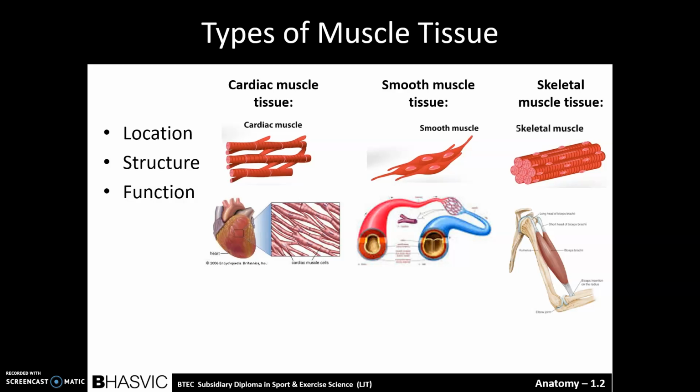So with the smooth muscle tissue, they vasodilate to reduce the amount of blood flow going to that area. So if it's not being used during sport, then there's less of a demand for blood in that area. So the arteries and arterioles around there would vasodilate to reduce the amount of oxygenated blood going to that area,